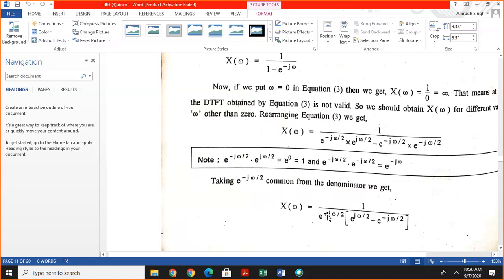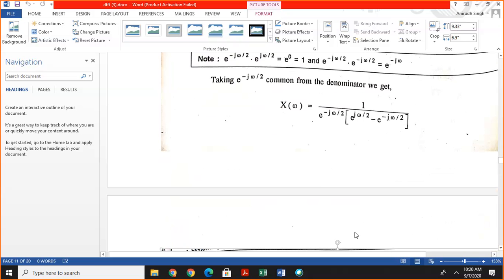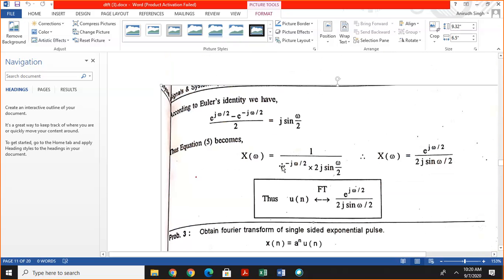Then we take exponential minus j omega by 2 common from this equation, and we get exponential j omega by 2 minus exponential minus j omega by 2, divided by 2, is j sine omega by 2,